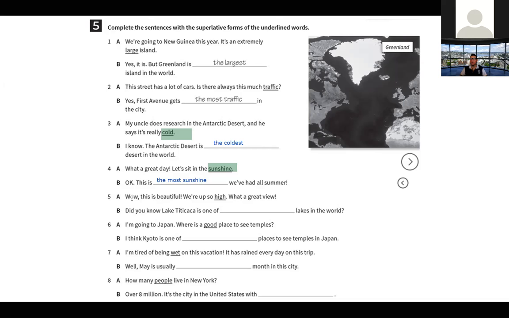Now, number 5. Whoa, this is beautiful. We're up so high. What a great view. Did you know Lake Titicaca is one lake in the world? What do you think? How can you do this?